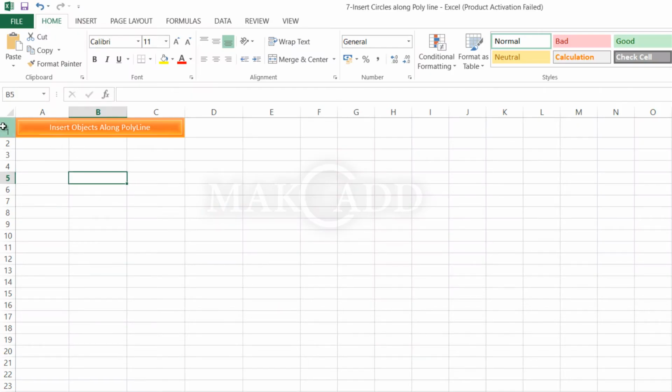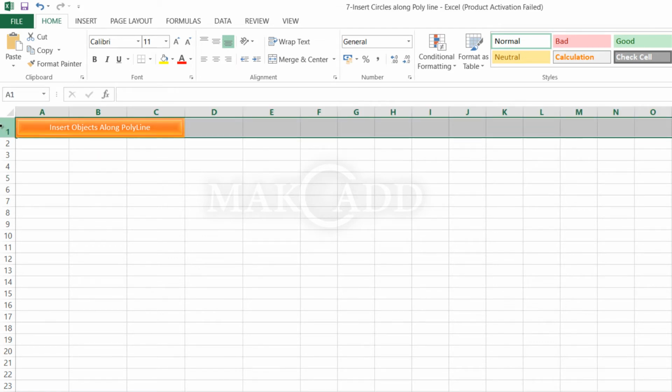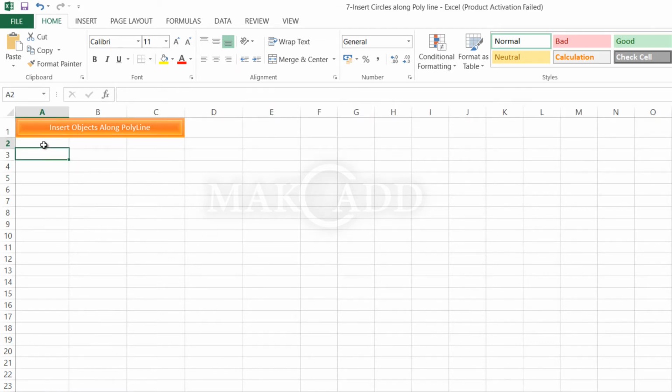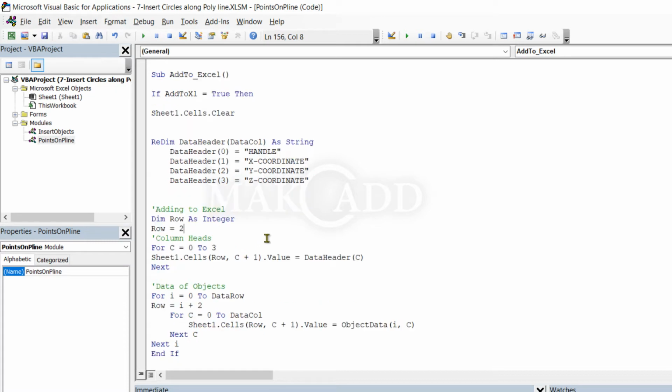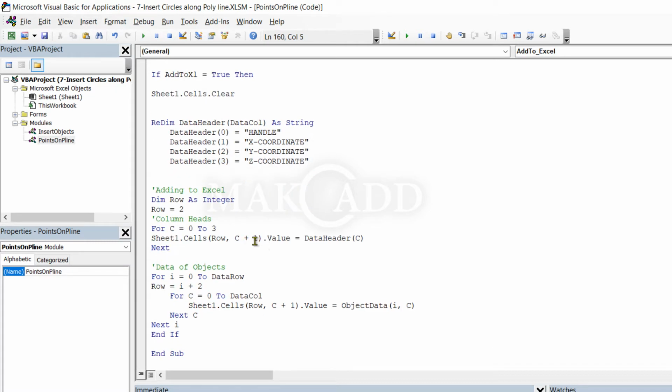And here in the Excel sheet, the first row we already used to insert a button, so we have to start entering the data header in the second row. So we have to change the row value in the add to Excel procedure to 2. Now go to the new module.